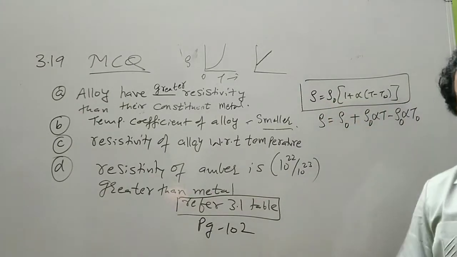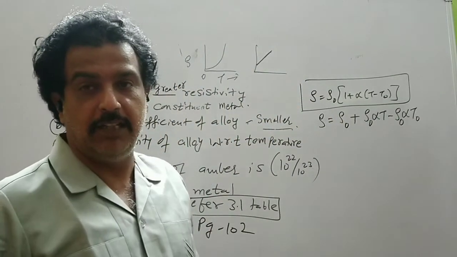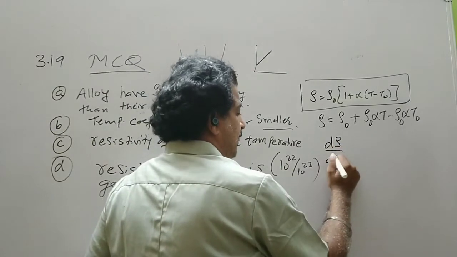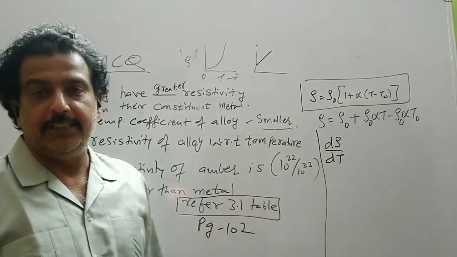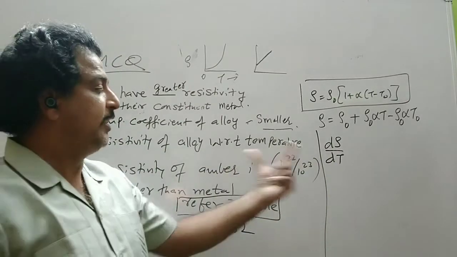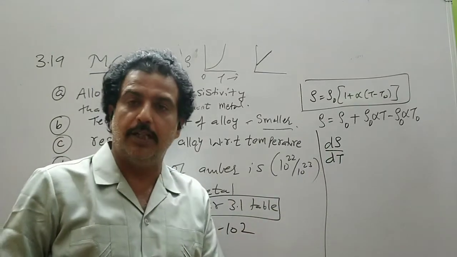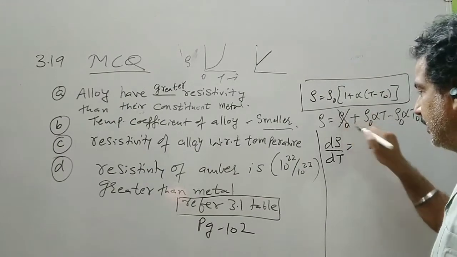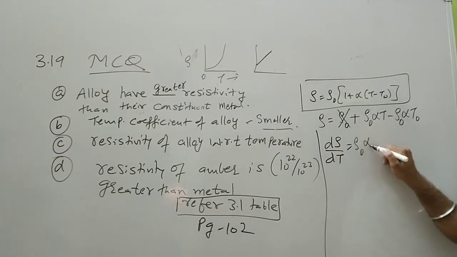Now suppose I want to find out the change in resistivity with respect to temperature. So differentiating this with respect to temperature, d rho upon dt, that is the change in resistivity with temperature. Now this derivative method can be used in a few MCQs. So this will be equal to rho naught is constant, so 0. Rho naught alpha, derivative of T is 1,